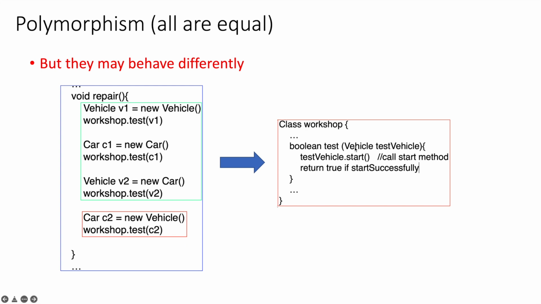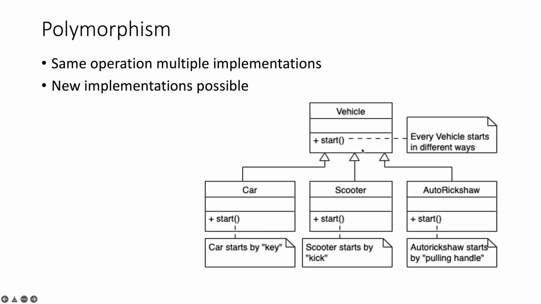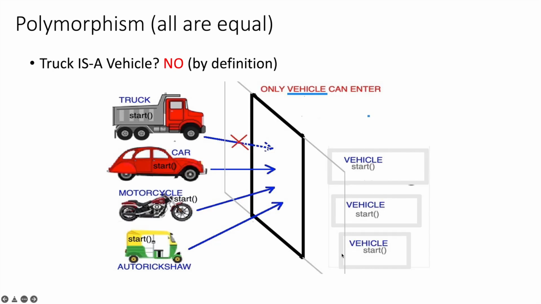So two things: if it is a vehicle reference it must have a start operation, and if the child class has implemented a different overridden method with the same name, that will get called. So it will check whether vehicle has got a start method or not. Yes, vehicle has got a start method, and the object is of car, so this car implementation. If the object is of scooter, call this. This is called as a